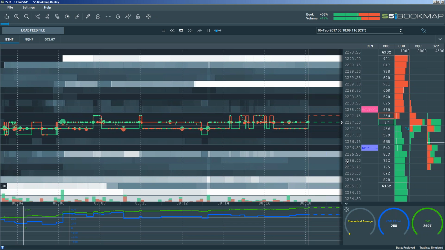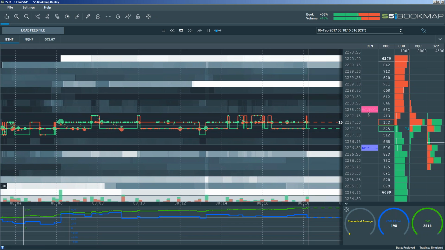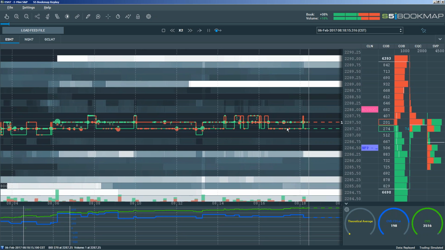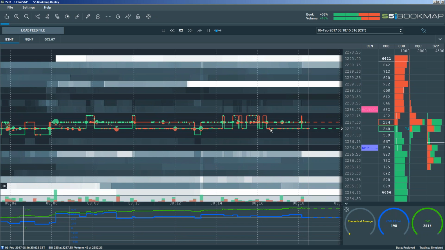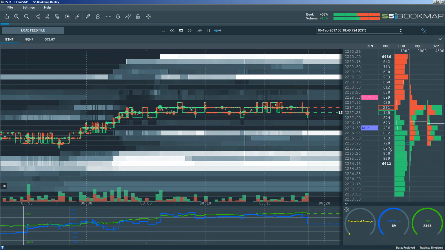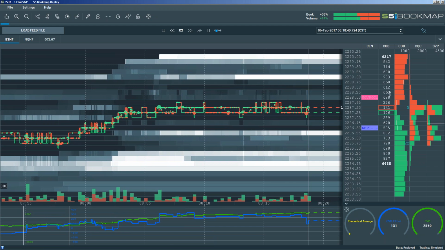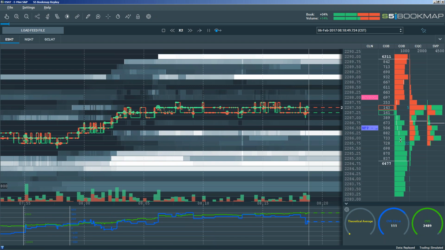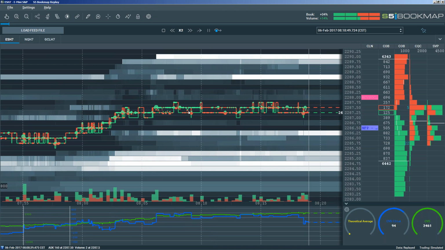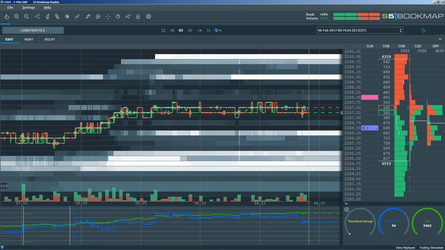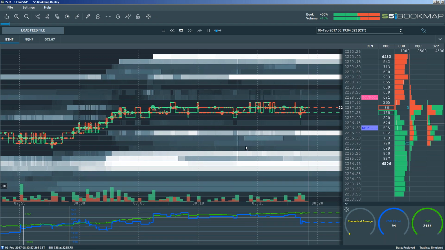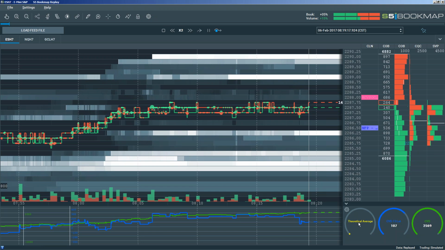The Cloud Notes just give me major milestones. They're not levels that I'm going to trade against today, but they remind me of areas that are important to me in the bigger picture. And of course, I use the order book depth in the form of numbers as well as the histogram, and then I'm looking for quotes in the chart depth, and then I'm looking for volume for the session to form the profile. What you'll notice that's unique here is the bottom pane has this indicator called the theoretical average,